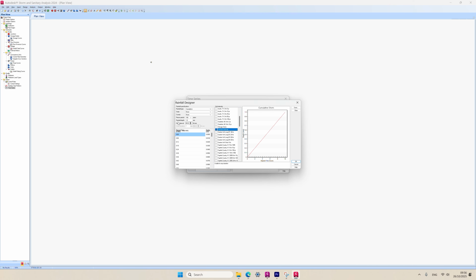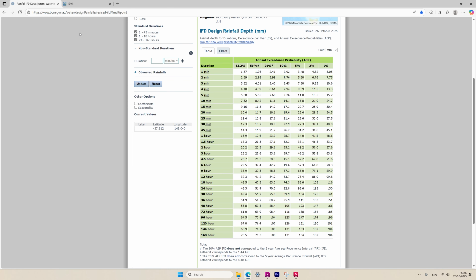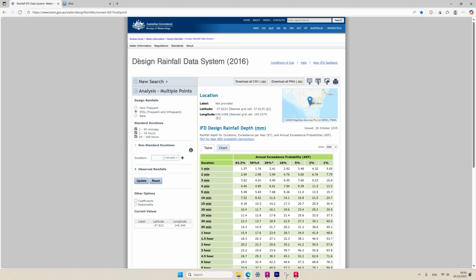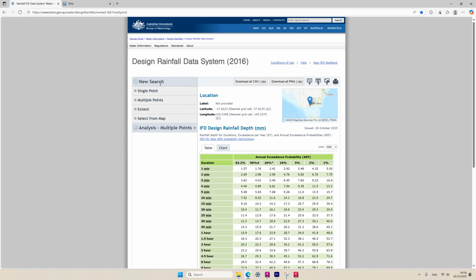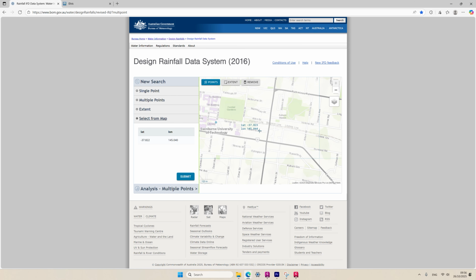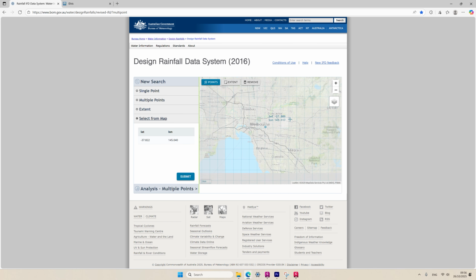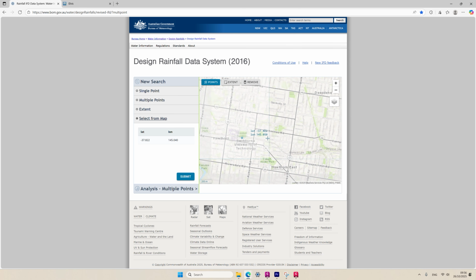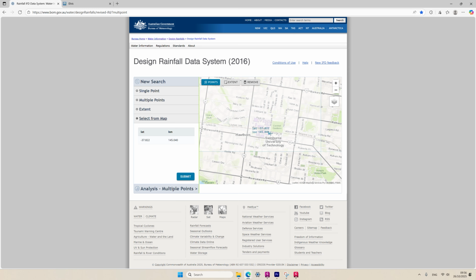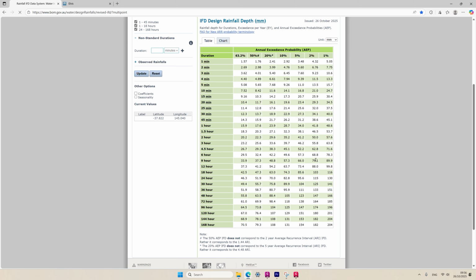Then we have to know what's the rain depth. So to do that, we have to go to this website, Rainfall Design Data 2016. I'll go to start a new search, select on map, and here I already selected the point in Swinburne. So here's a map of Melbourne. You just have to zoom into where you want to select and just go to submit. And in here you can see the